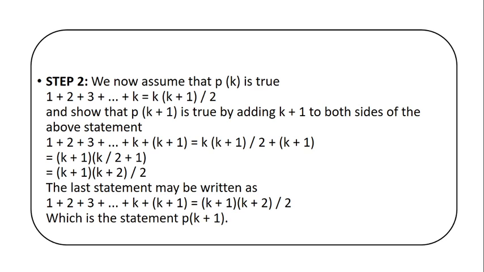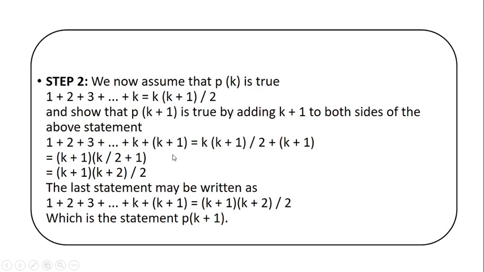Next, our inductive step. We have to assume that the statement is true for n is equal to k. So, we write the statement accordingly: 1 plus 2 plus 3 and so on up to k is equal to k into k plus 1 divided by 2. Now, we have to prove that the given statement P of n is true for k plus 1. So, we substitute n is equal to k plus 1 and we get the statement in this way,